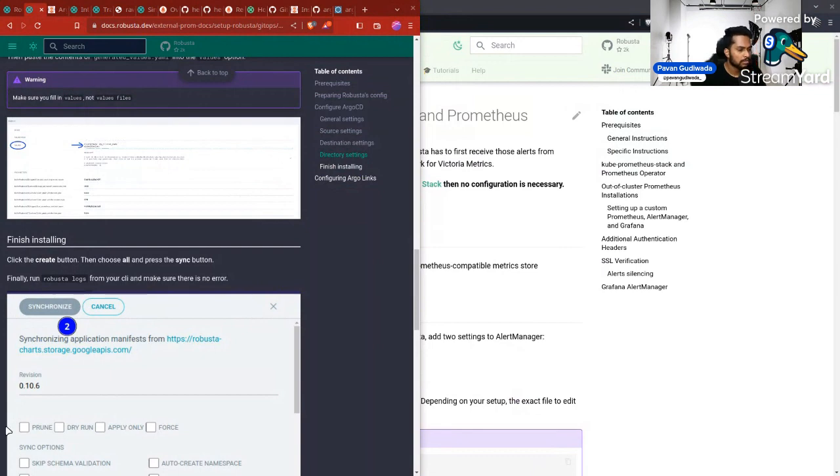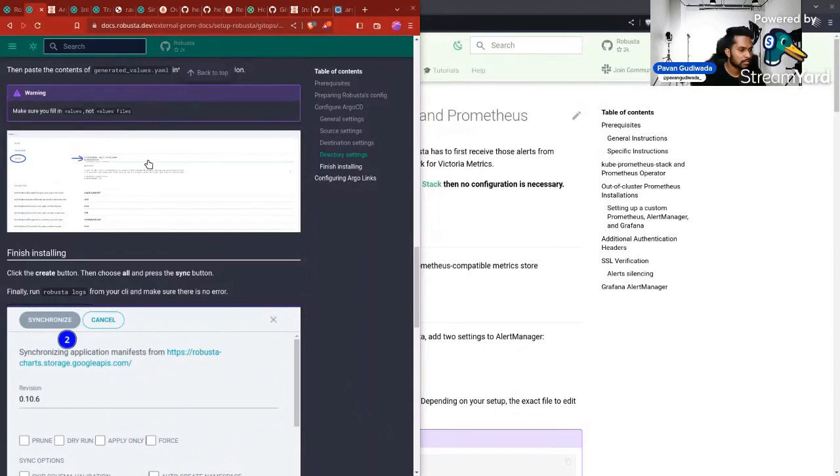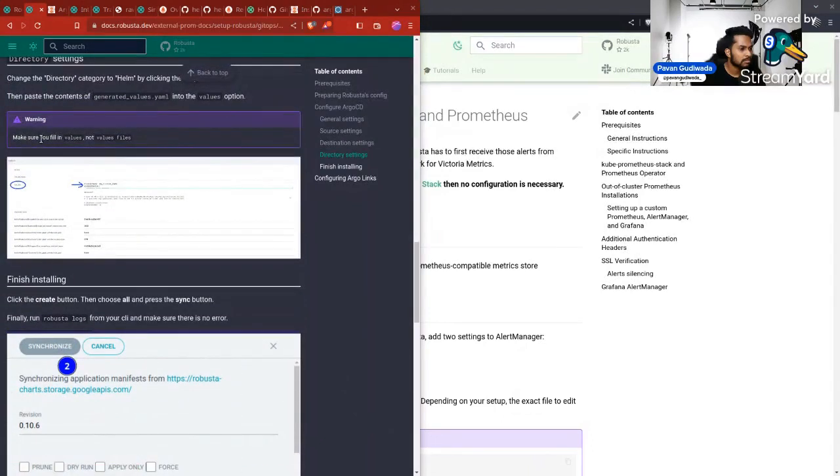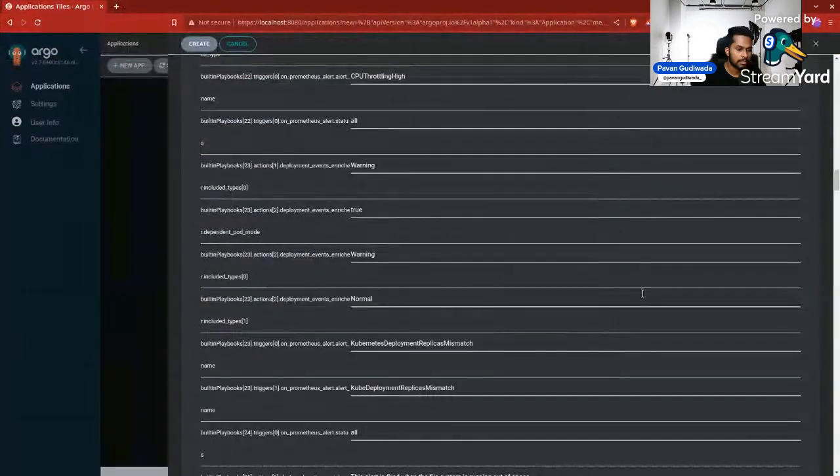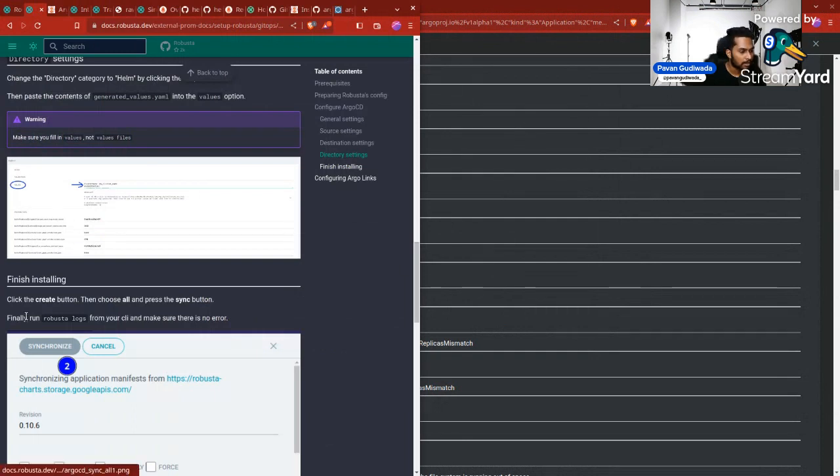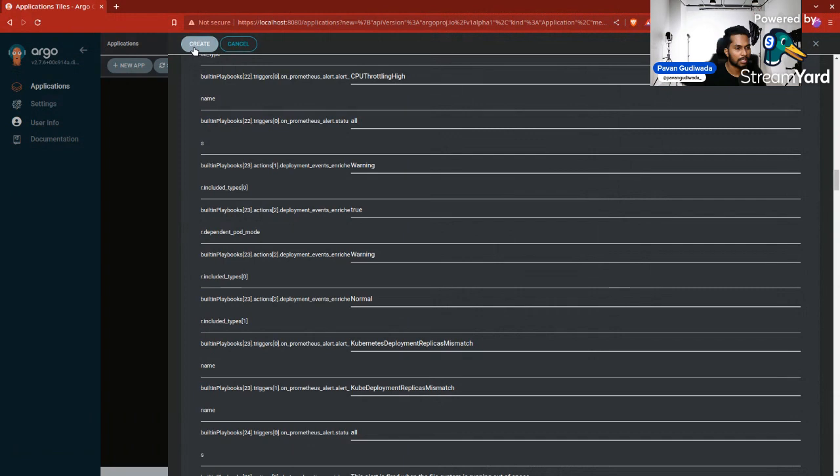So next what we do is we need to add this. Make sure you fill in values, not values file. Understood. And then click create. Okay, so I added them. You just have to trust me there. And then we'll have to click create